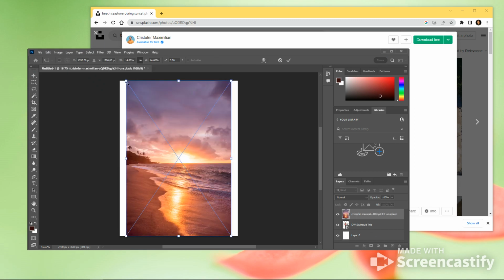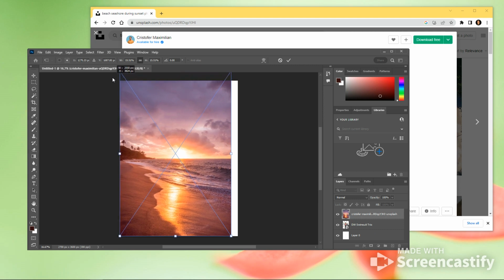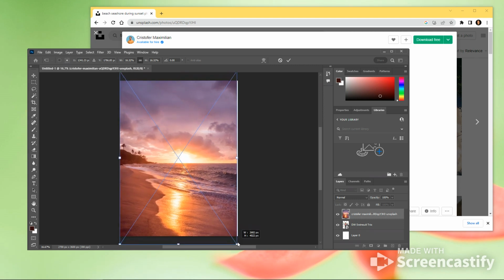And it takes a minute and then I can adjust it so that it covers the entire screen and I can move it if I need